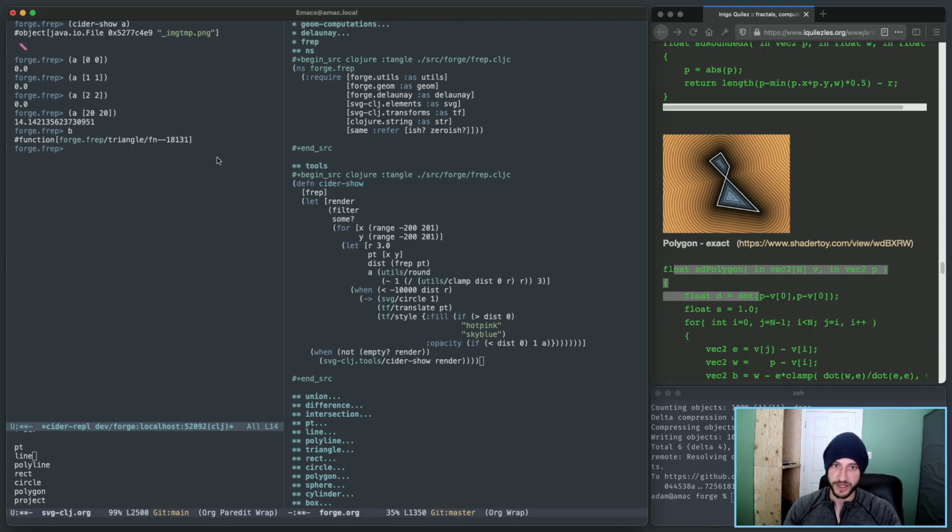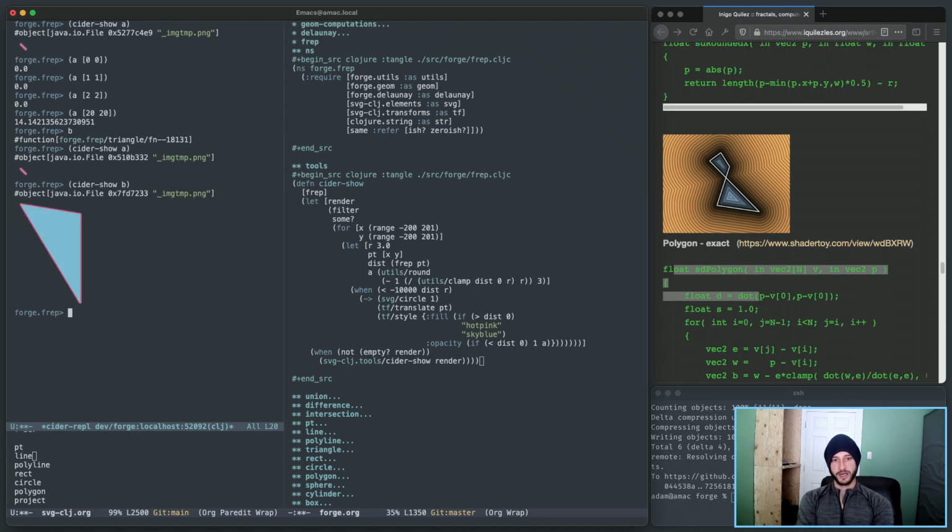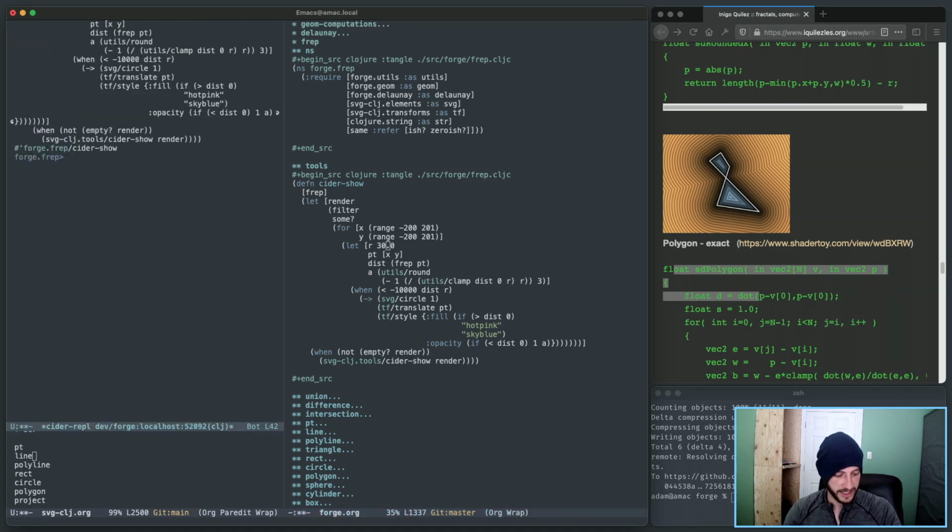So B is a different function. It's a triangle, so I can use B and render that out as well. It'll take a while. Of course it doesn't look like B because I was rendering A. That's silly of me. So there we go. The blue is indicating the inside of a shape, and then the pink is like a slight radius past the edge of that shape. So I have a radius of 3 going out. If I bump this up to 30 and let it render, you'll see that it has a fade off